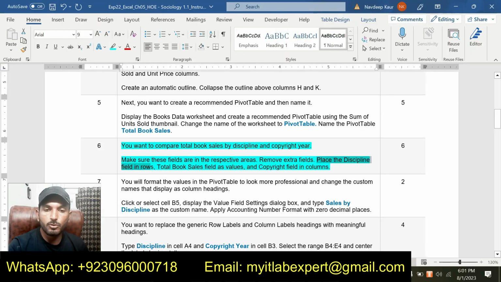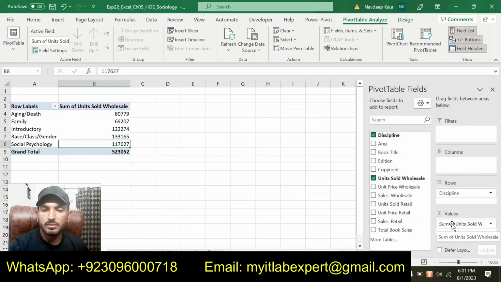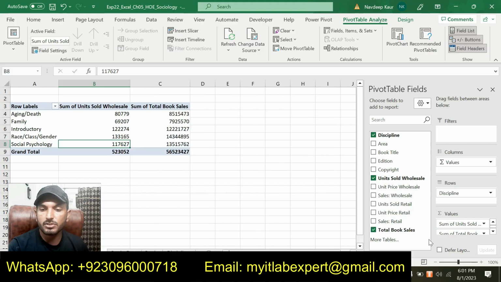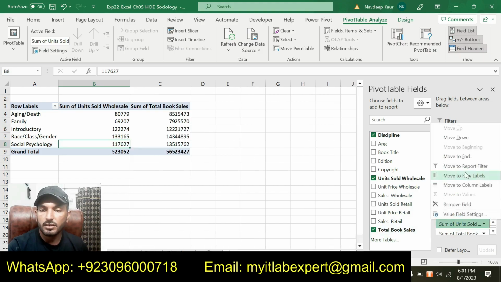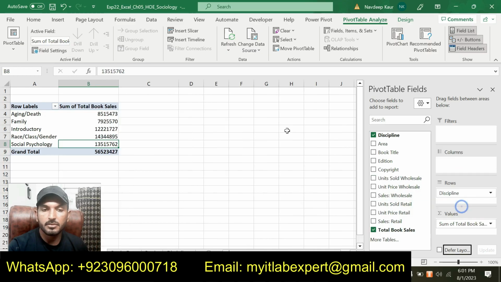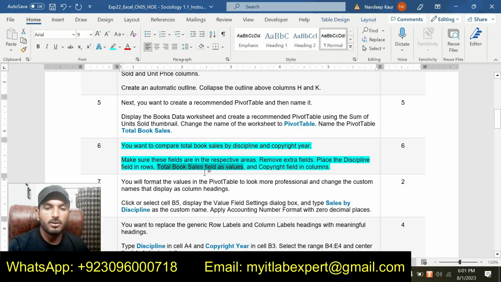So next thing, total book sales field as the values. So I will place this total book sales field as the values and I will remove this field from here. And the copyright field in the columns.